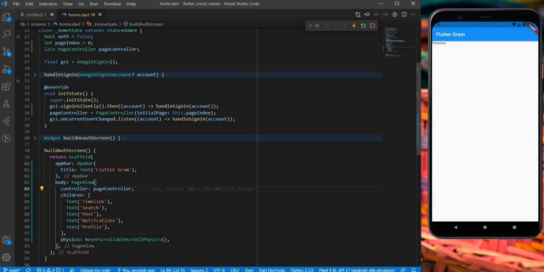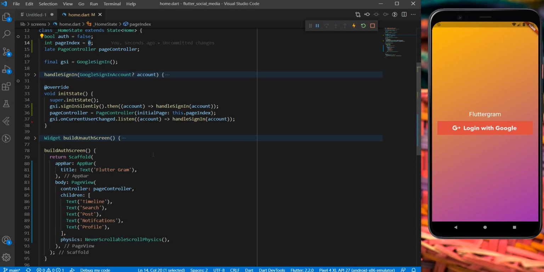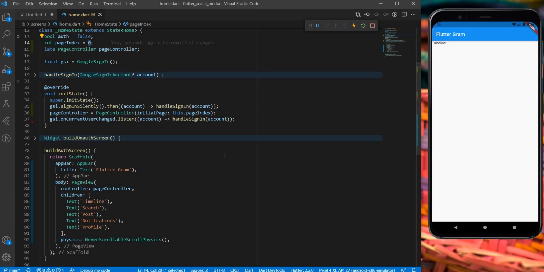If I in fact make this as 3 and I do a hot restart, not a hot reload, a hot restart is needed in this case, then I should be able to see a text of notifications right where I can see the text of timeline. So we can see that the text has changed to notifications. So let's just go back and make this as 0 again, and again let's do a hot restart. The text should change back to timeline. And as you can see, the text has changed back to timeline.